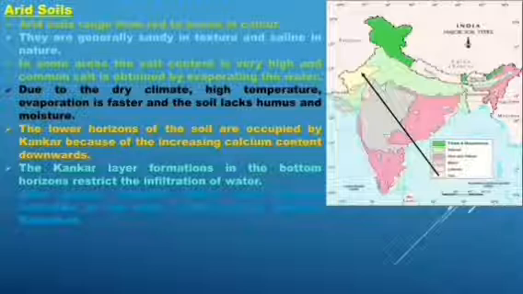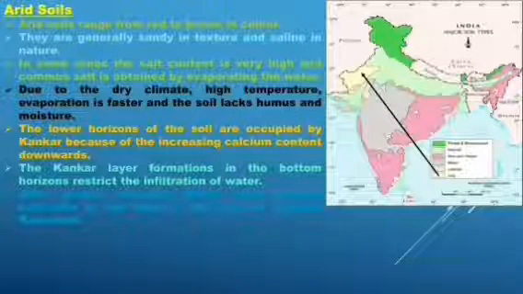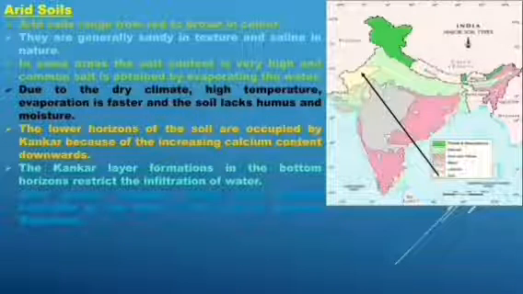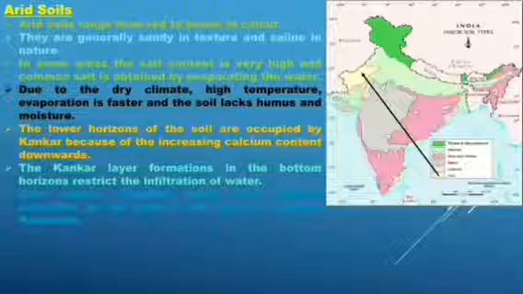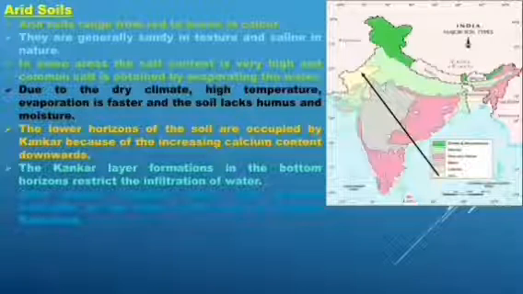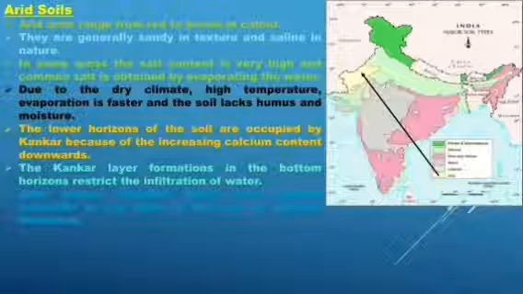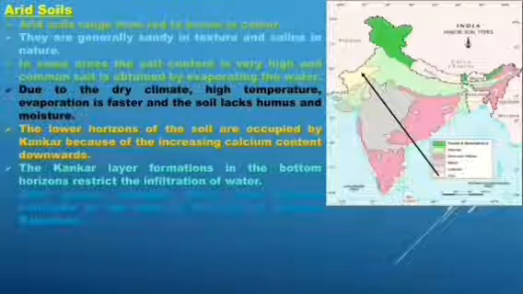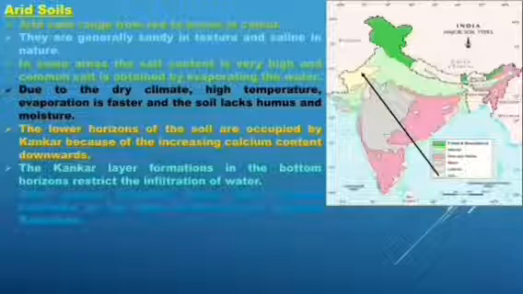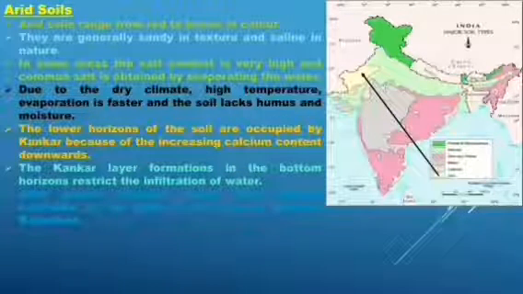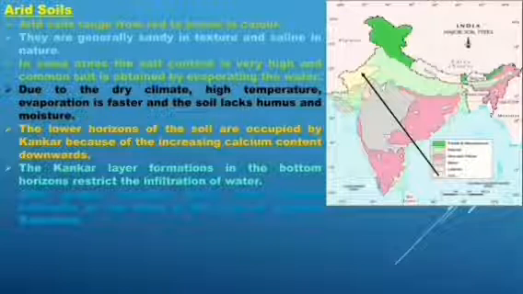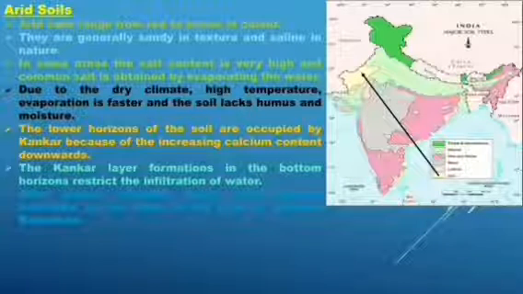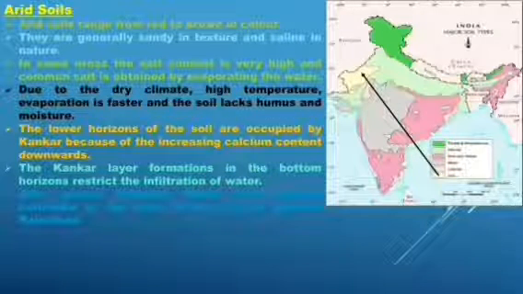If we take again preventive measures, in land use pattern we have discussed that there are waste and barren land. If we take them under cultivation, we have to take preventive measures to convert such waste and barren land into cultivable or net sown area. This is the part which we have discussed, that after proper irrigation these soils become cultivable. Yes, as has been the case in western Rajasthan.